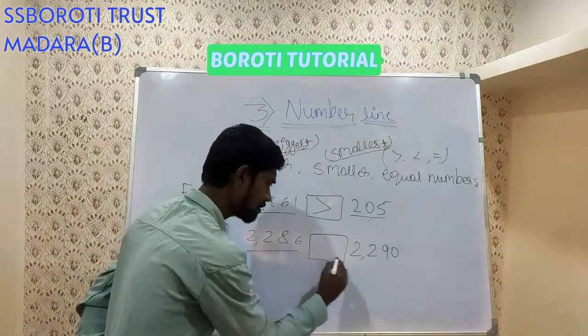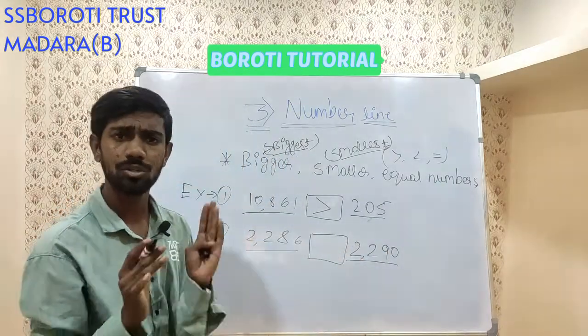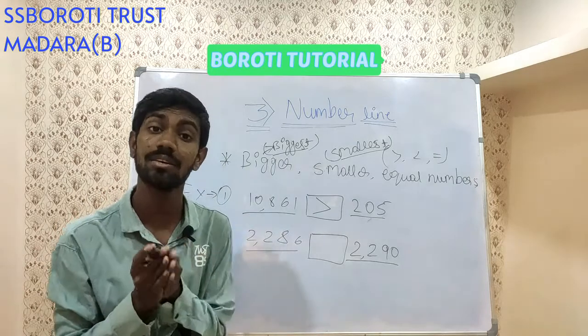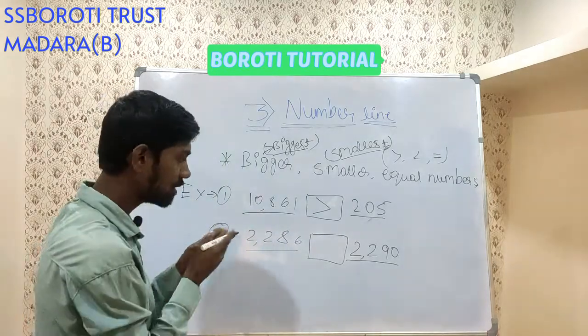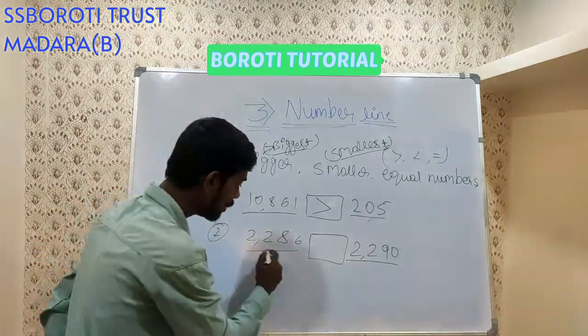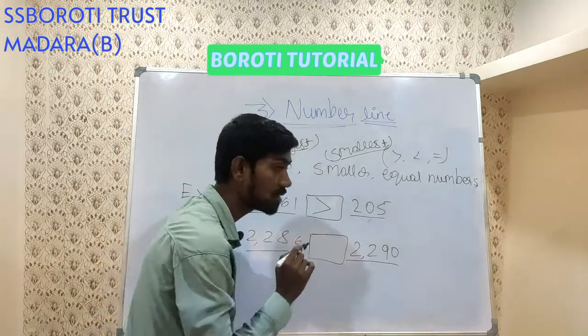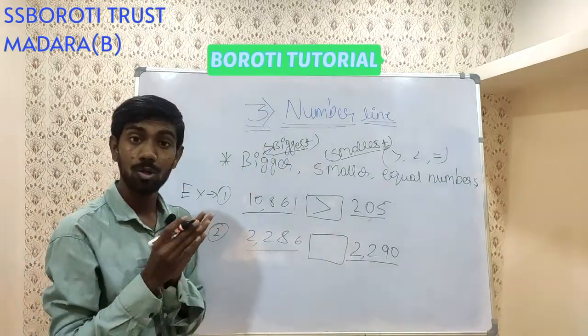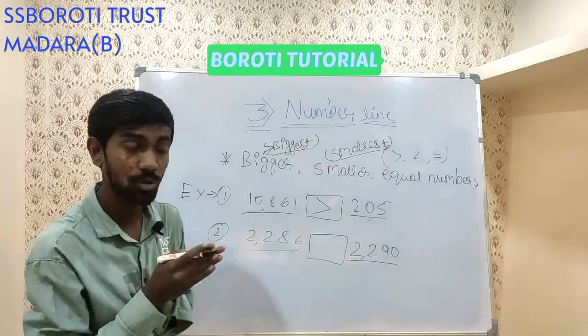First you have to find, in any given number, how many digits are there. For these two numbers, how many digits are there? 4 digits are there. Here also 4 digits are there. Which means you cannot say by knowing the number of digits which number is bigger, because both have the same